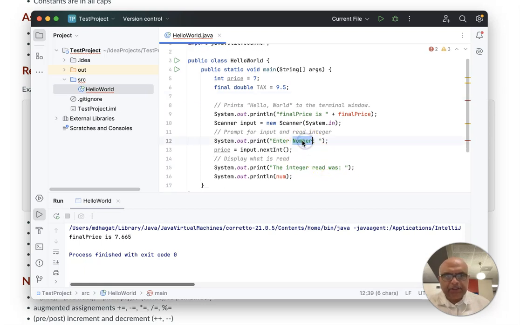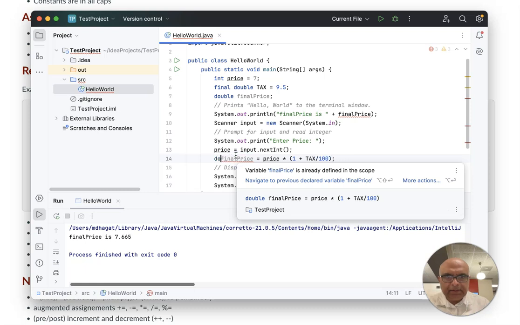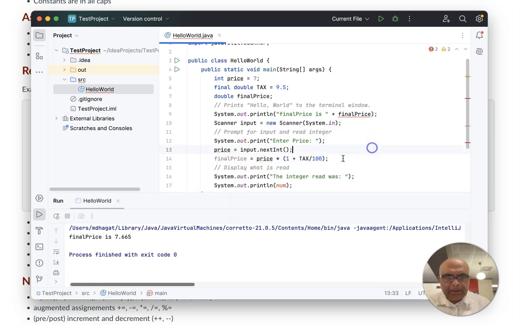So we'll say enter price, and we will read it as a value, and then we will calculate the final price, and then we will print the